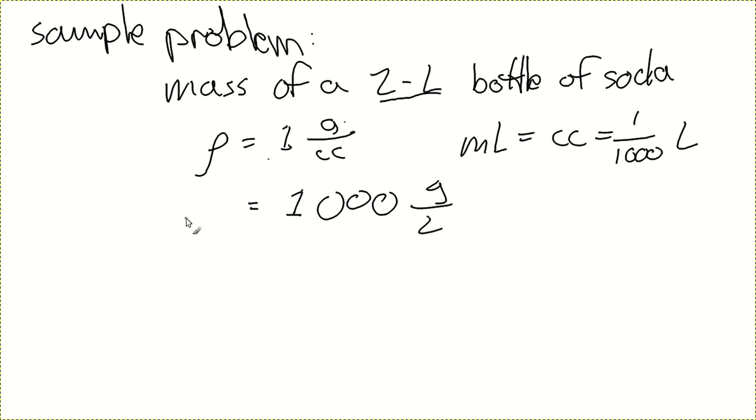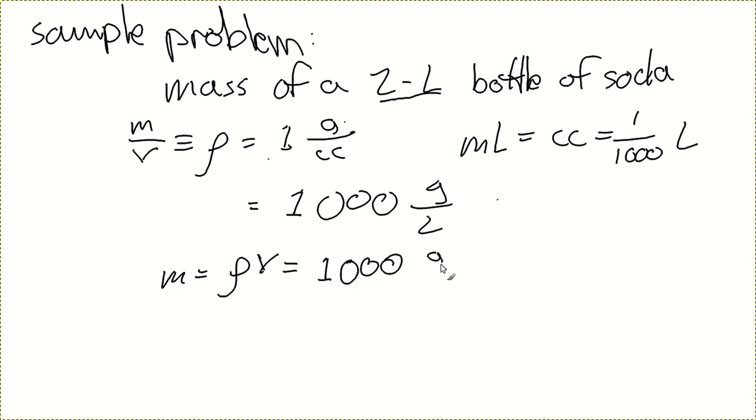Now recall the definition of density. It is defined as mass divided by volume. So mass is equal to density times volume, and this is equal to 1000 grams per liter times 2 liters,